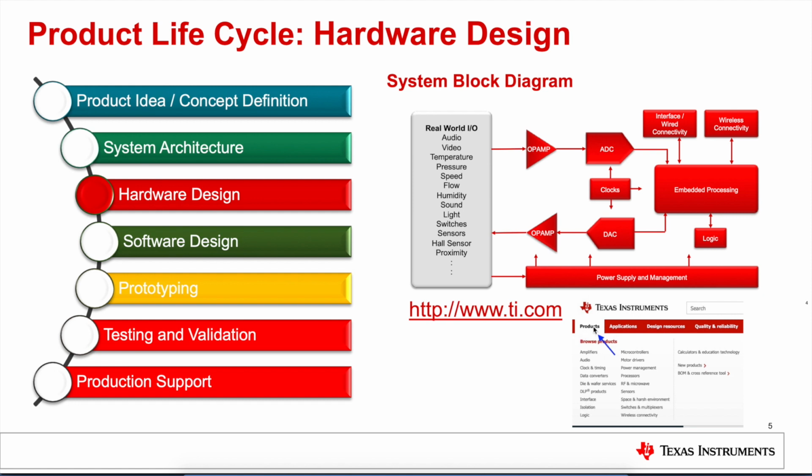You should look for the products page on ti.com, and pretty much the product page will have similar naming conventions for the products. For example, op-amps come under the amplifiers portfolio, DACs and ADCs come under data converters, embedded processing comes under microcontrollers and processors, and power management comes under power management. So this is the page you have to look for